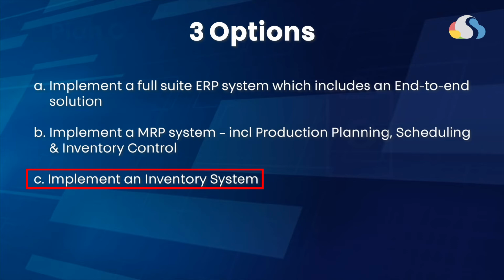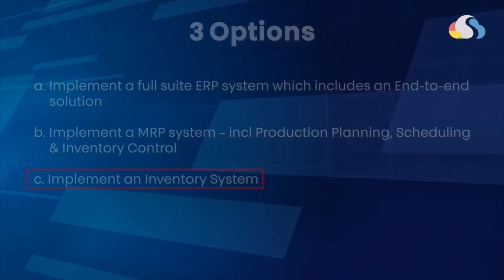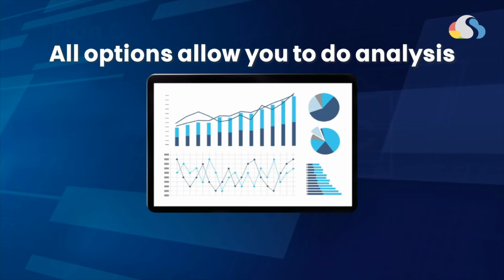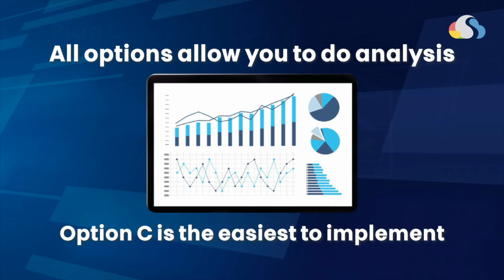So by doing this part, which is the inventory control, they have all the insight already. So what does that mean? Option A, B, and C actually give you the data that you need to do the analysis. However, option C is the easiest to implement. So this is what I'm going to propose to Panwrite, and I would definitely get them to start. More importantly, if they use a cloud-based inventory system, what they can be implementing is something easy to be done. They have the data that they need, and once they have the data, they can then relook at what areas they need to invest or spend more time in to improve their business.